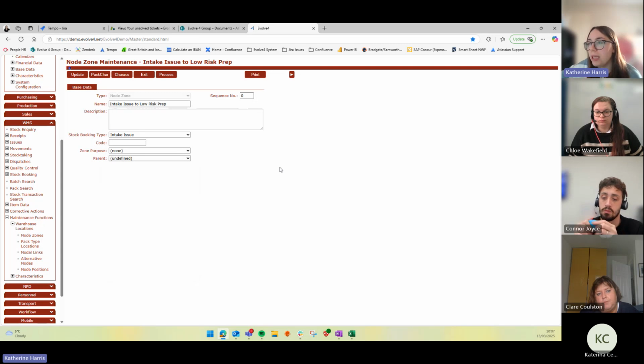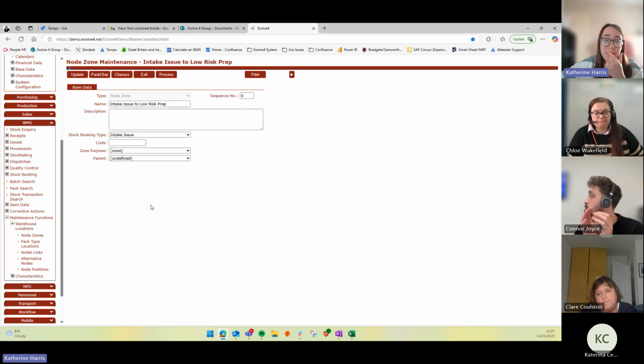So that depends on the node zone. There will be situations where a node zone would have to have a parent node zone. Sorry, bear with me, it's a mouthful. A node zone contains lots of nodes which perform a certain function. So say if there was a node zone called intake, there could be lots of node zones which you see,